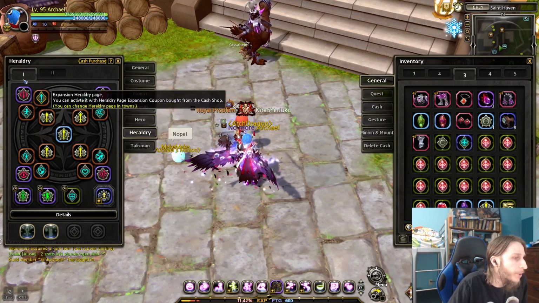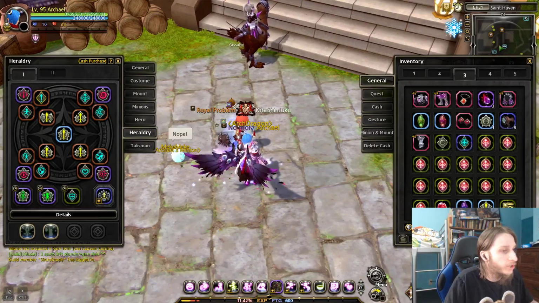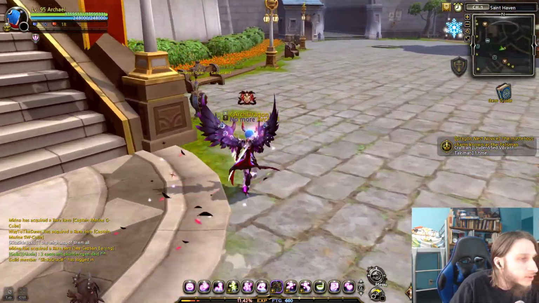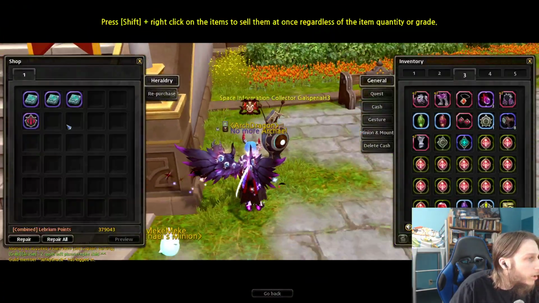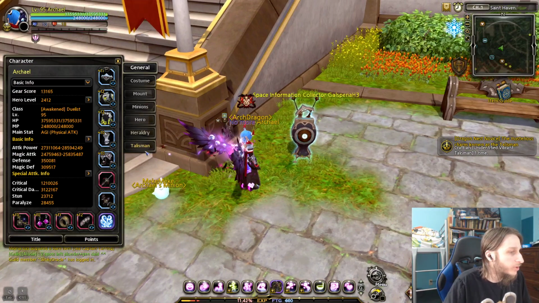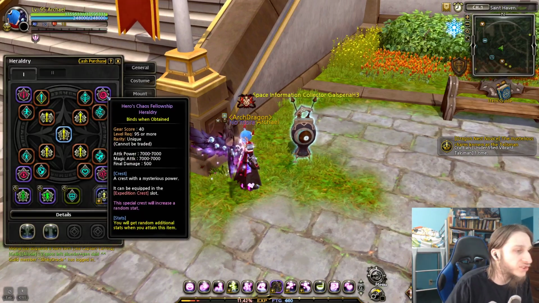Okay, you're going to have purple heraldries. The Lebria one, you have to buy from the NPC here. This one, and then you buy these to upgrade it. Cool, that's part of your guide as well. You're going to need this one. This drops from...